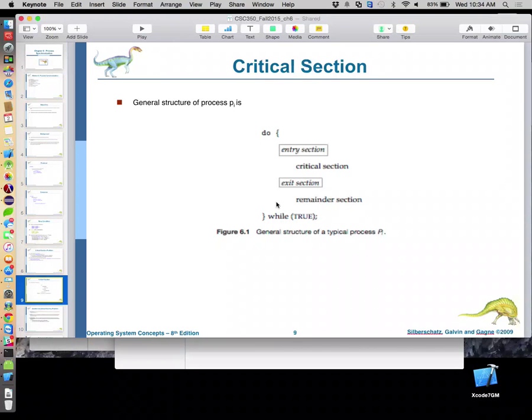All right, so kind of this chart here, we just think about how does the critical section work. Let's again take this back to a real life example. When you go to the doctor's office, you check in at the front desk, they put you in the waiting room, and they tell you when it's your turn. Okay, you don't get to run back to the operating room. That's the critical section, right? Somebody else might be currently using the operating room. That's the critical section. We're going to wait in the waiting room. That's our entry section. Somebody's going to come and get us, invite us into the critical section, and then if